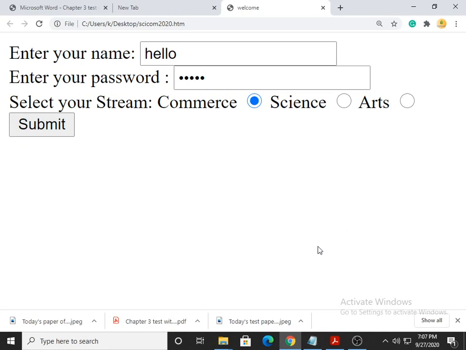We are saying that when somebody opens the form and does not clarify the choice, automatically the commerce radio button is selected. If a person wishes, they can change, fine, doesn't matter, no problem. So you can see this.